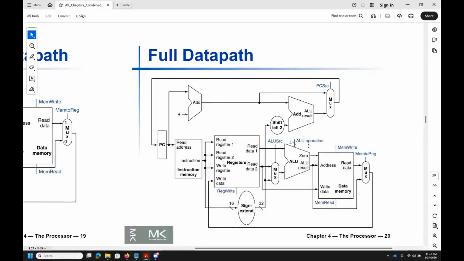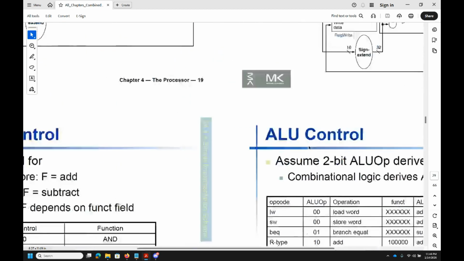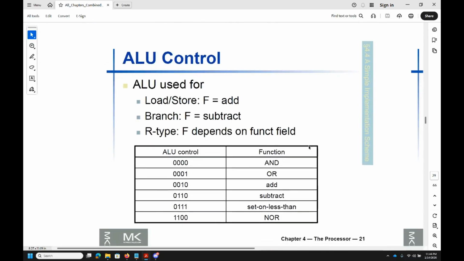So now you have read the instruction, you have decoded the instruction, and now you know what you have to do. Based on whether it's an add instruction, you might have to do some math. So you will do execute, and executing on the instruction will mean literally doing the math, adding the numbers, subtracting the numbers, comparing the numbers. And then there might be a write back, as in you have done the math and now you need to store the result of that math. And finally, you cycle back to the beginning.